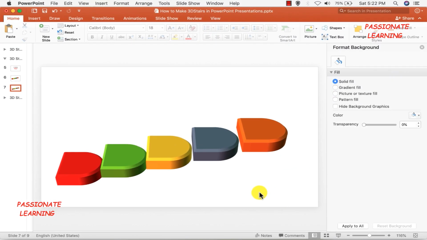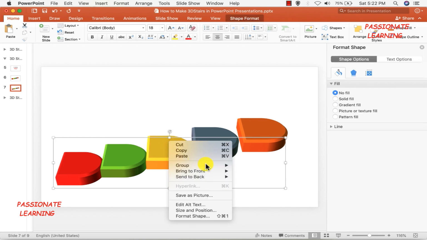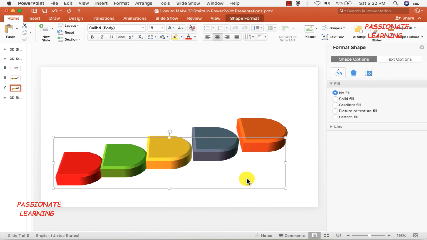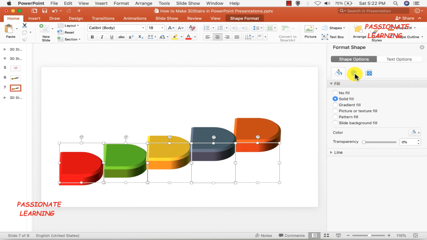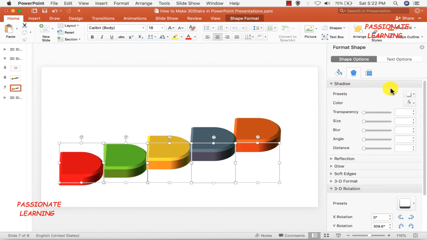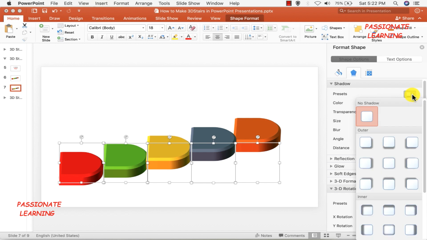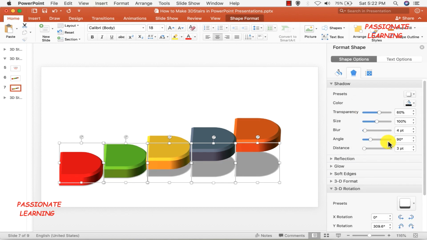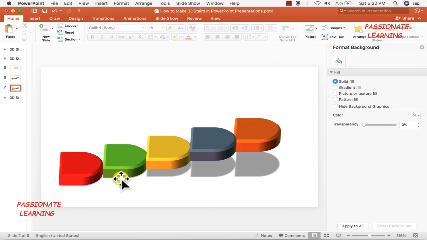So friends, in the first method we have been able to create beautiful 3D stairs effects by inserting shapes. Now I can also add beautiful shadows below these various elements. For that, let me select this, do right click and then ungroup all of these elements, and then let me come over here. You can see here there is an option of shadow. Let me click this, and then I need to select any one of these preset shadows. For the purpose of this example, let me select this particular shadow, which is offset bottom, and you can see here that we have been able to add shadows also to all of these elements.